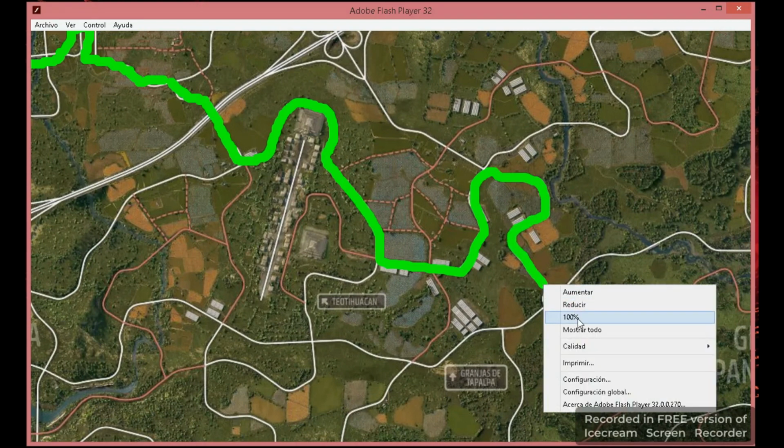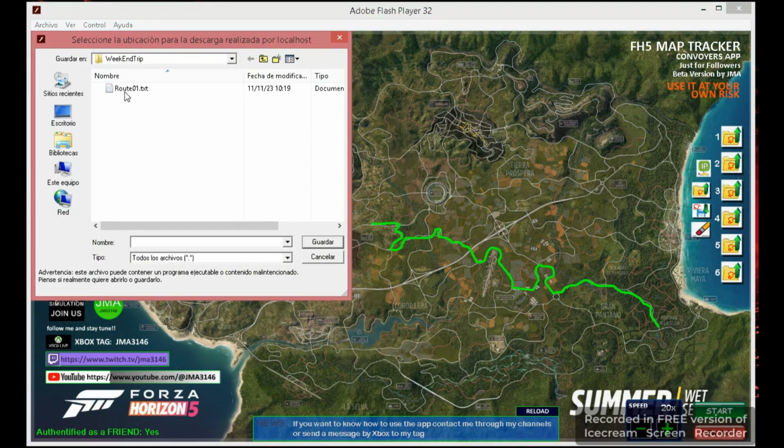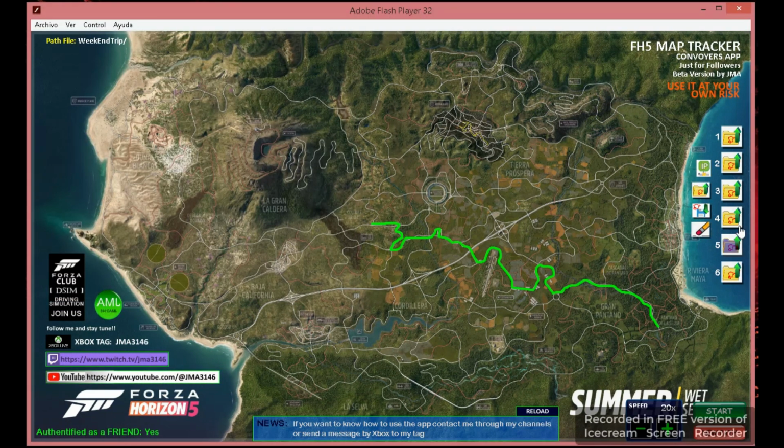You can get back to feed the map, if you want to do that. It doesn't matter. And we have a new line. We are going to save it as road 2. And we are getting the first and the second, then the third. We have nothing here on this folder,